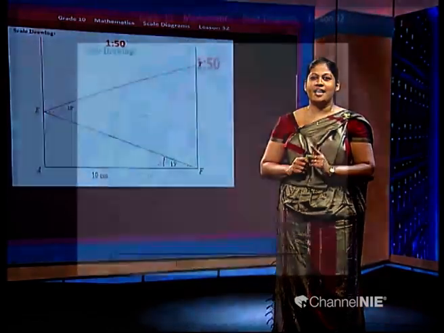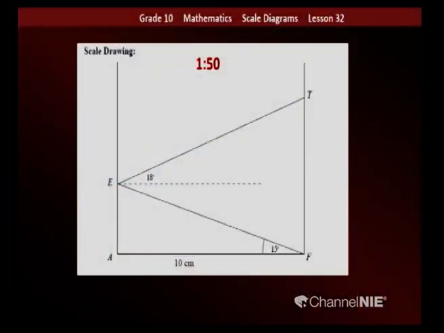At the point A, I have to draw the vertical line. Then when I am drawing the line starting at the point F, I will find the point E there. And at the point E, I am measuring the angle of 18, that is the angle of elevation, observing the top of the goalpost T. Then I will draw the line ET. Now I have completed the scale diagram.